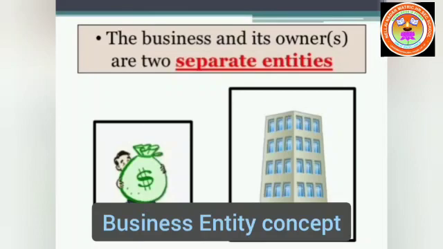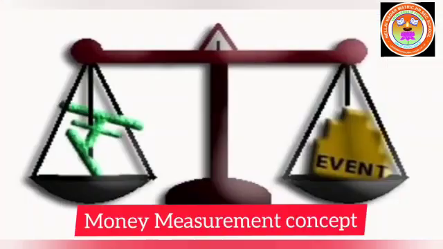Entity concept means that the enterprise is liable to the owner for capital investment made by the owner. Since the owner invested capital, which is also called risk capital, he has claim on the profit of the enterprise. A portion of profit which is apportioned to the owner and is immediately payable becomes current liability in the case of corporate entities. Money measurement concept.